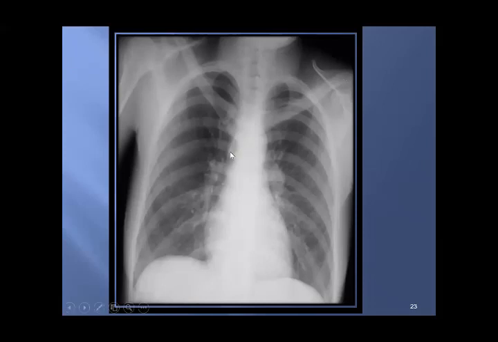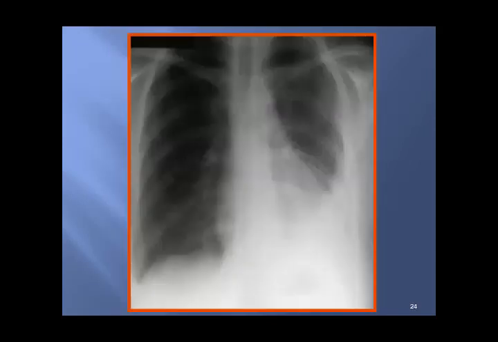It is an X-ray of an adult patient, not a child, because the aortic knuckle is there. It is absent in kids. Also the hilar lymph nodes are there, and these are the normal bronchial vascular markings, the light shadowing bilaterally. So this is a normal adult chest X-ray, PA view, with clear costophrenic and cardiophrenic angles bilaterally. Why is it important? Because in the next X-ray you will find another thing.